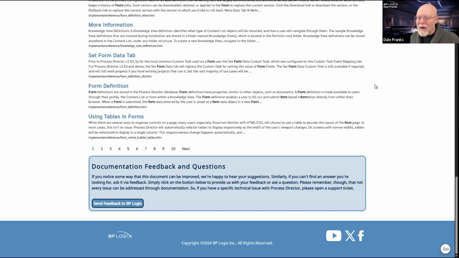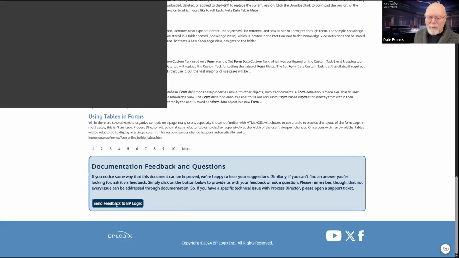At the bottom of every documentation page, every single one, there is a documentation feedback and questions section. This is specifically for documentation. This is not some sort of backdoor into asking technical support questions. This is because you've seen something in the documentation that's wrong, or that there's a typo, or that you feel something is missing, or that you don't understand an explanation, you don't feel that the explanation is written clearly. This is where you put in that feedback. This is specific to the documentation.